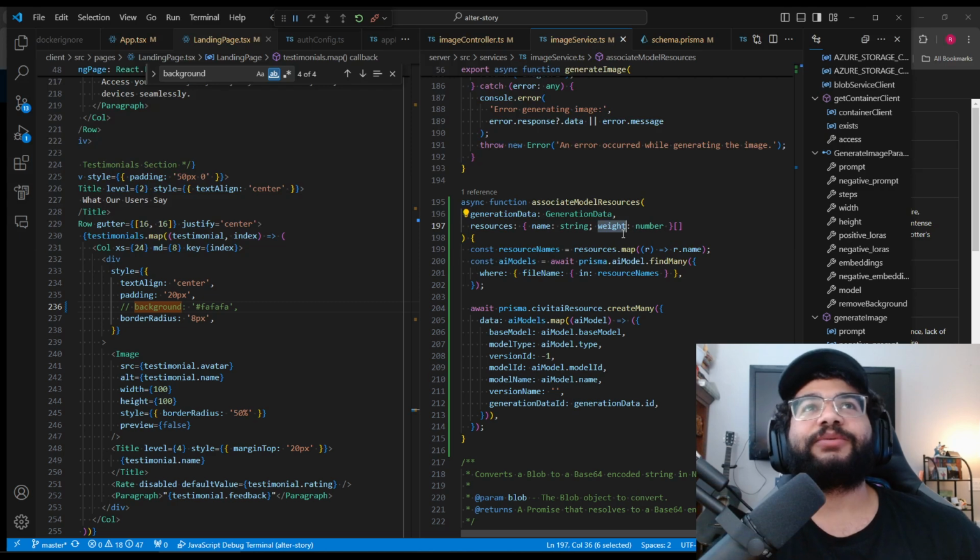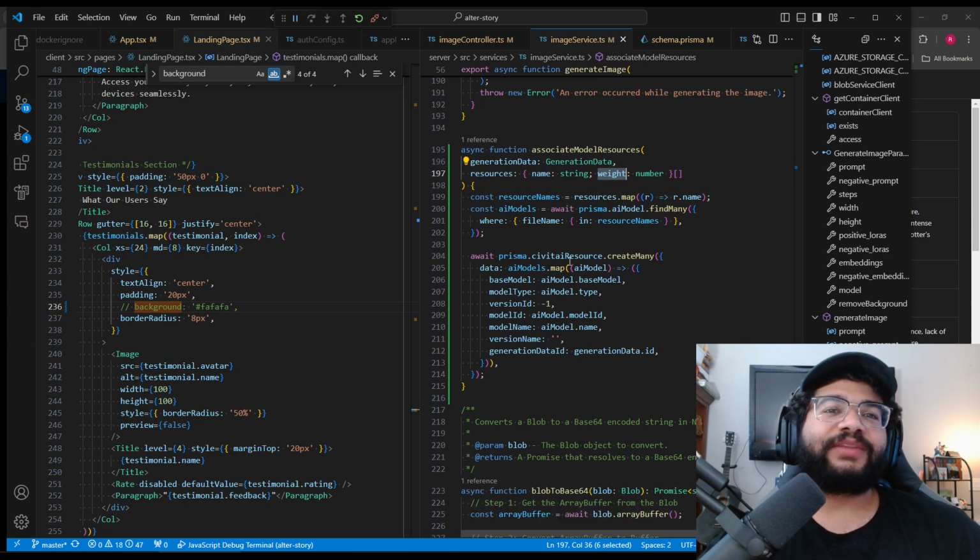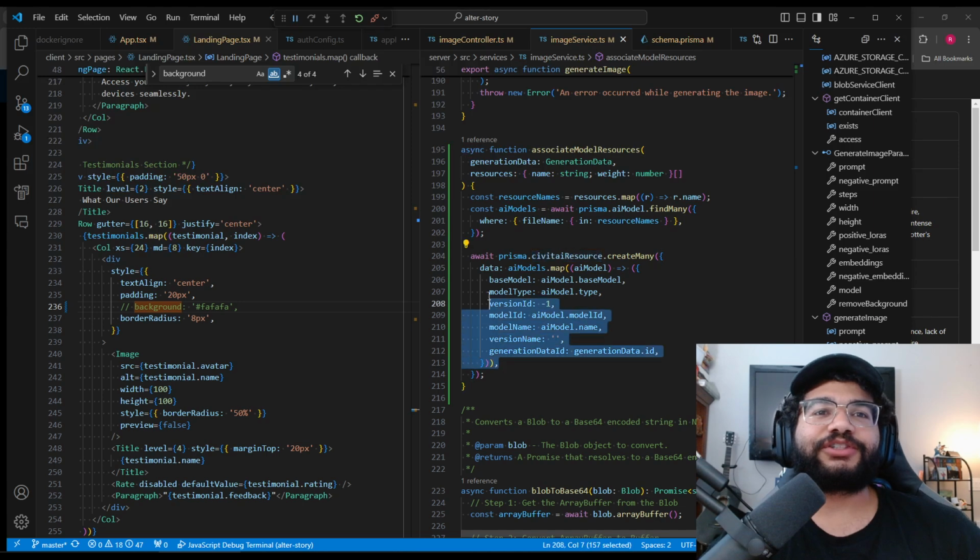So I want to apply this resource, with this weight, to a LoRA or an embedding, and then associate it with the generation data.